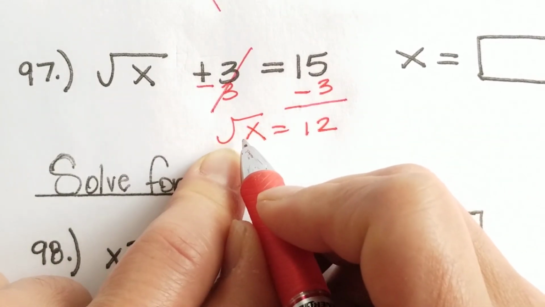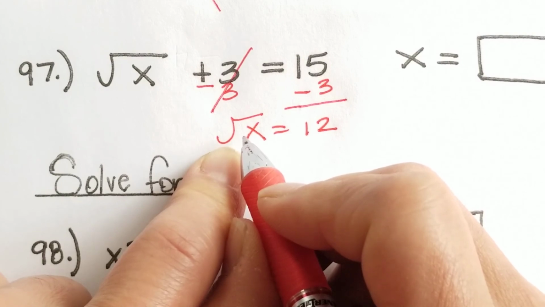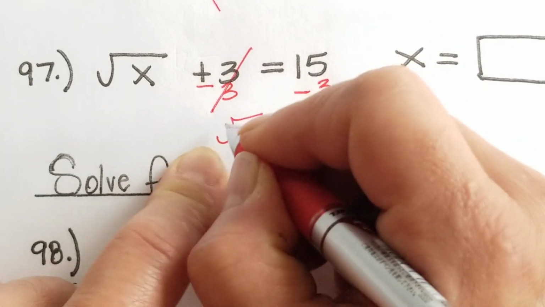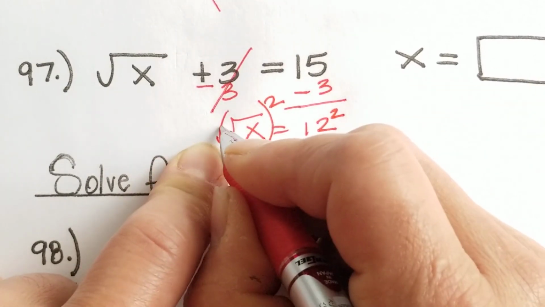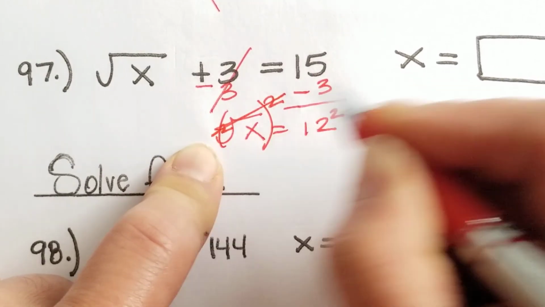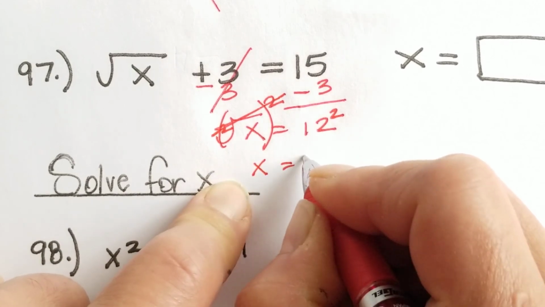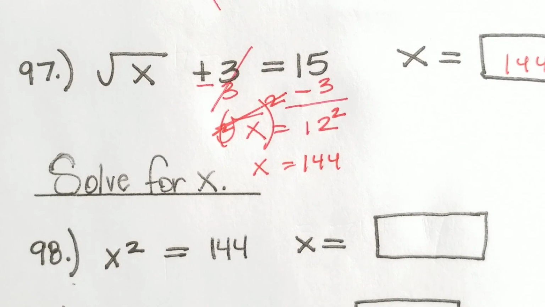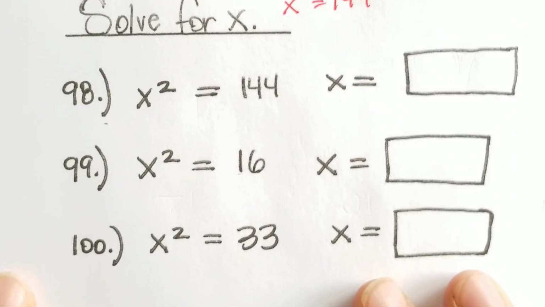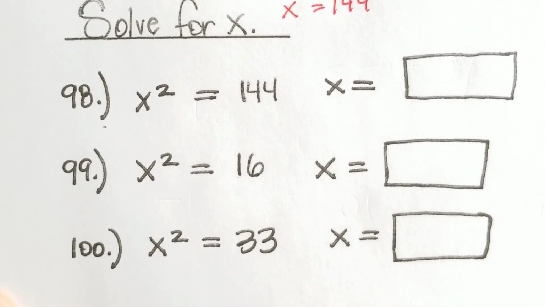Remember how to undo this radical. You're going to square both sides. So square both sides. The little 2 index there allows me to cancel those out. X equals 144. Okay, so lastly, 98 through 100, we have